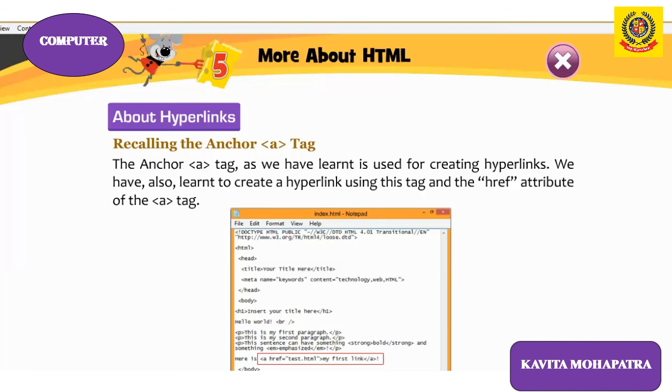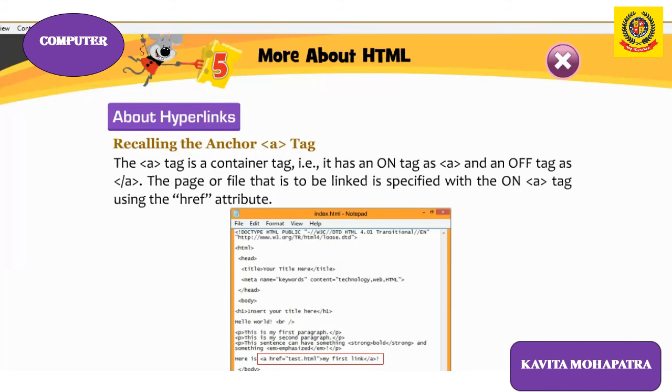We have also learned to create a hyperlink using this tag and the href attribute of the anchor tag. The a tag is a container tag. It has an on tag as <a> and an off tag as </a>. The page or file that is to be linked is specified with the on tag <a> using the href attribute.